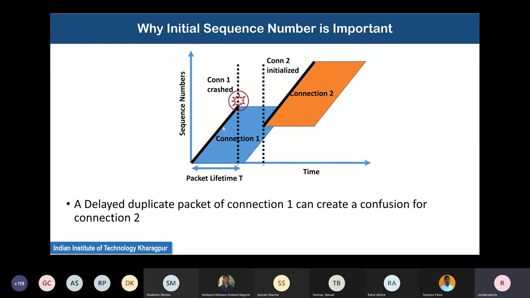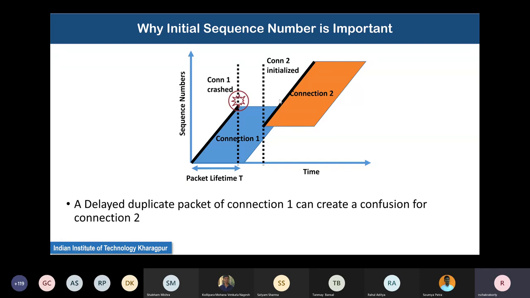Now, when connection 2 has crashed, connection 2 finally initializes again, but it initializes unfortunately somewhere in the danger zone. With respect to time, it initializes at this time because it is ready. But the mistake it made is it initialized at a value within this danger zone. So when it starts connection 2, it becomes very, very difficult to differentiate between packets,